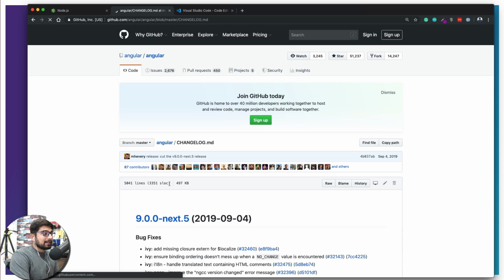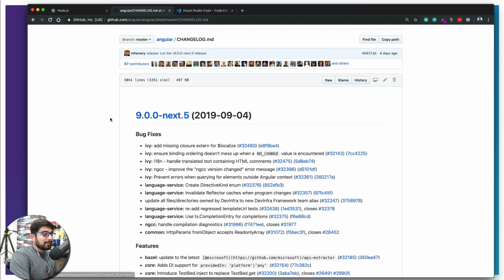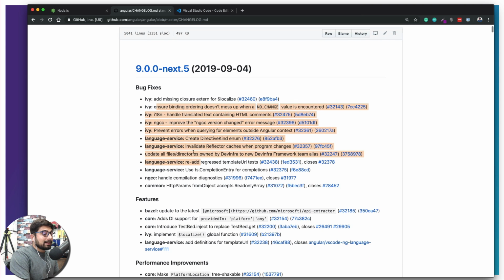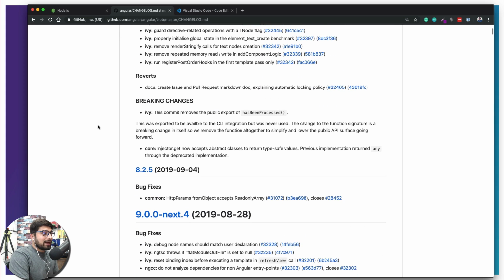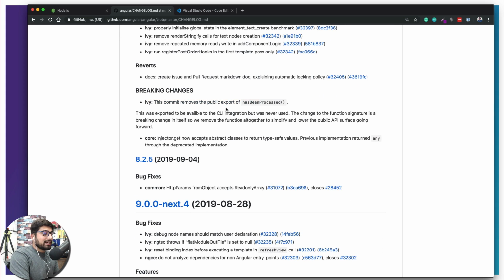And you can see here what the latest version of Angular is. Do these revamps in the update itself affect your project or not? This is a nice way to keep track of that. And of course, we do have breaking changes. They always mention what the breaking changes are that might impact your project